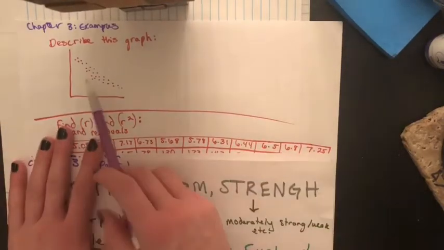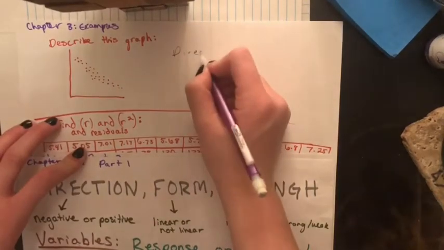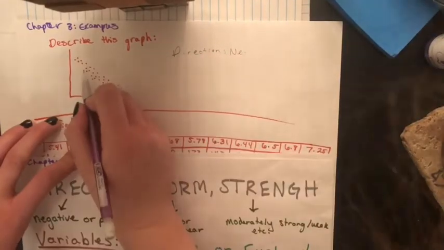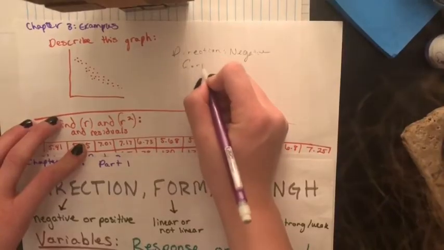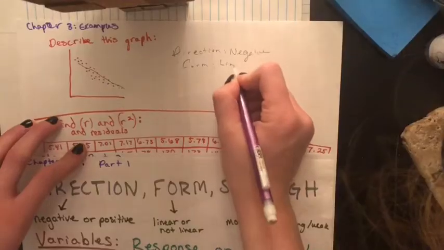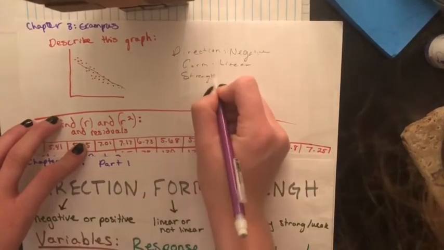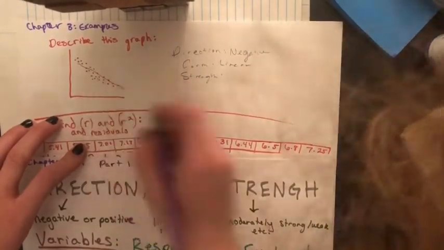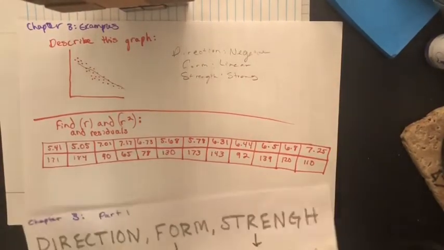I'm going to go ahead and do the example for that. So describe this graph. For direction, it's going to be negative, as you can see, because the points are going down. Form, it's linear because it's a line. And then strength, I would say that it is very strong because it follows the line. So I'll just put strong. Okay, then